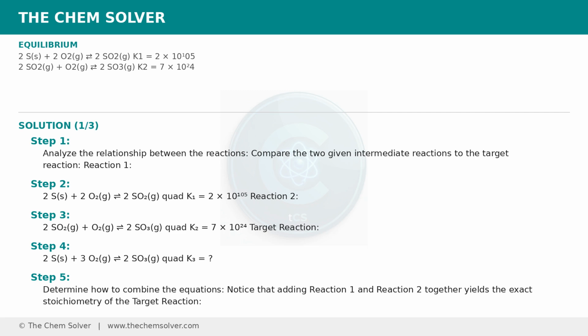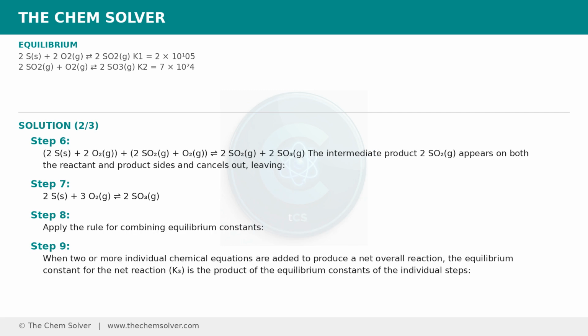Determine how to combine the equations. Notice that adding reaction 1 and reaction 2 together yields the exact stoichiometry of the target reaction. 2S + 2O2 + 2SO2 + O2 ⇌ 2SO2 + 2SO3. The intermediate product 2SO2 appears on both the reactant and product sides and cancels out, leaving 2S + 3O2